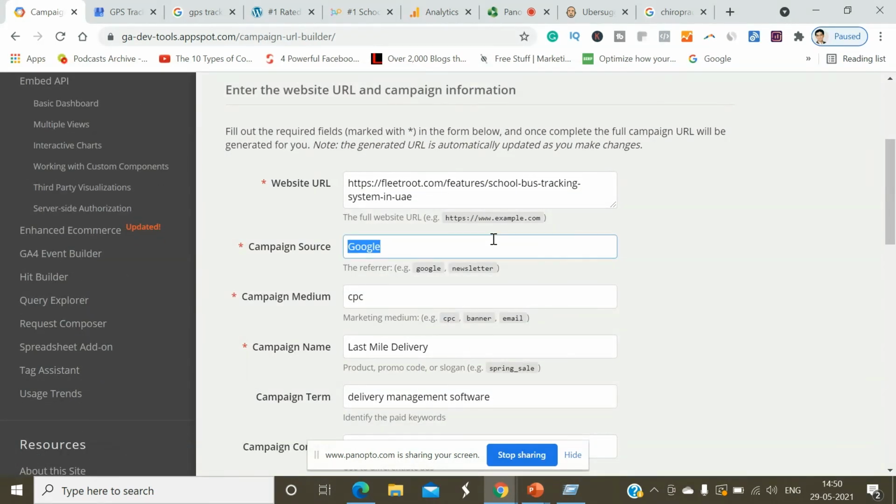I want to say campaign source as Facebook, because I want to track all the traffic coming from Facebook. I'll say CPC for cost per click, campaign name I'll say school bus tracking, and campaign term as school bus tracking system.